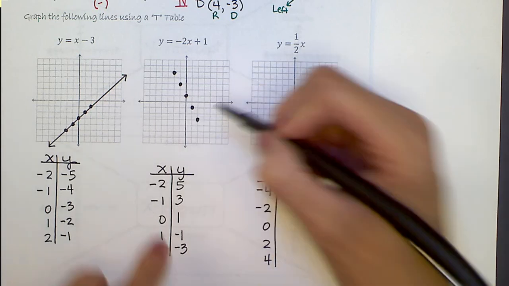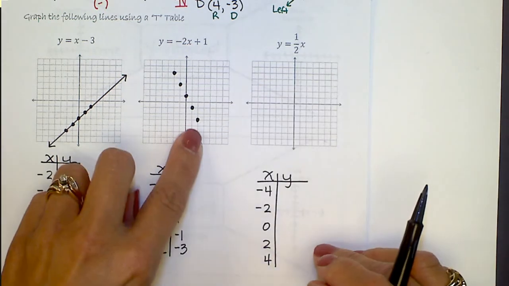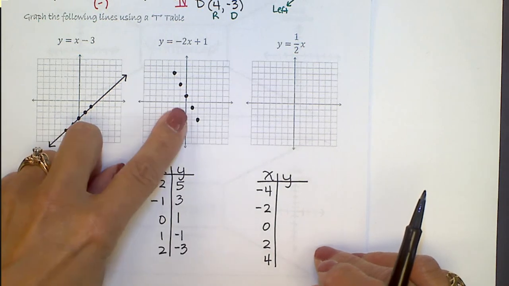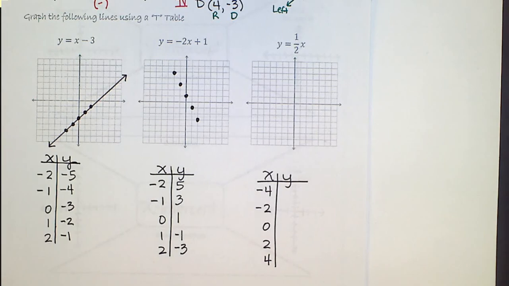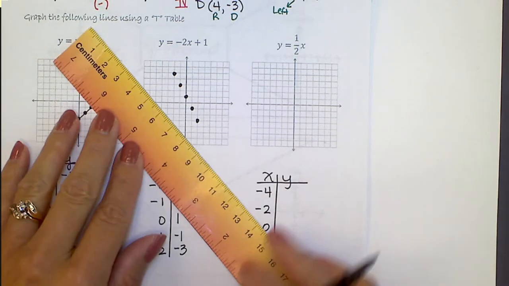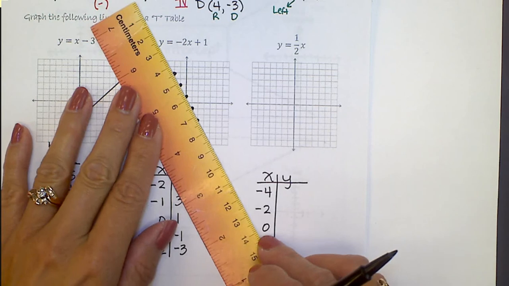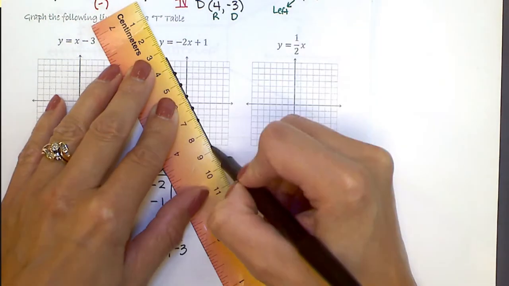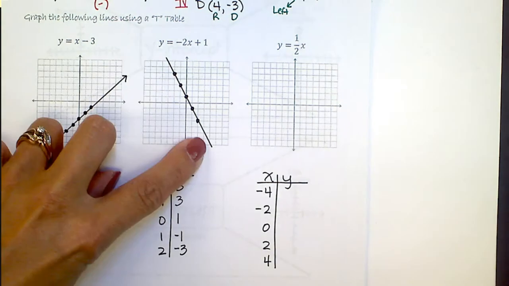And notice all my points are in a straight line. If you graphed 0, 1 on the wrong spot, your line probably won't be straight. So that's an indication that you need to go back and recount your points. Get a straight edge, anything at all, and draw your line. Make sure you go all the way through one side of the graph to the next, and you must put